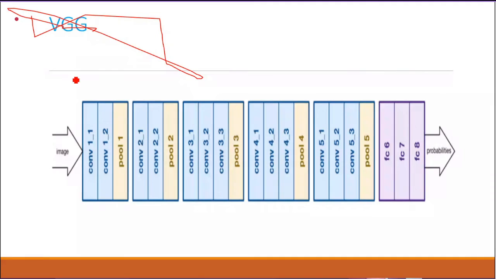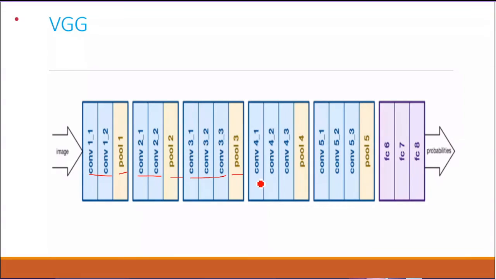Next will be VGG. We have a convolution and pooling, then 2 convolutions and 1 pooling, 3 convolutions and 1 pooling layer, 3 convolutions and 1 pooling layer, 3 convolutions and 1 pooling, and then fully connected layers you are going to apply. Finally, we can get VGG. So this is the VGG architecture, VGG 16 and 19, we have that.